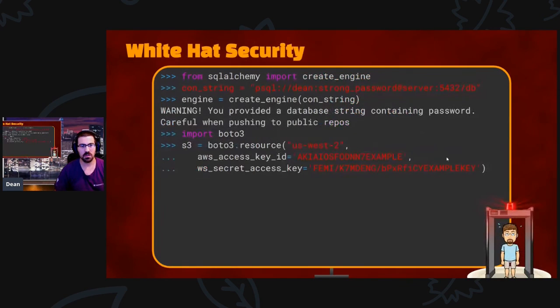We can also do white hat security. So we can see, oh, the user is trying to create a MySQL engine, but with